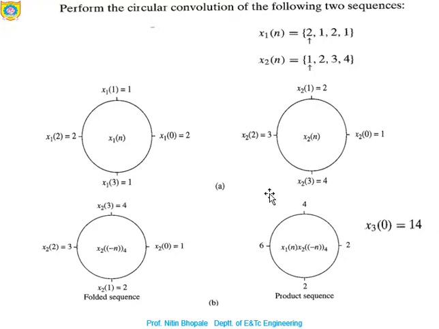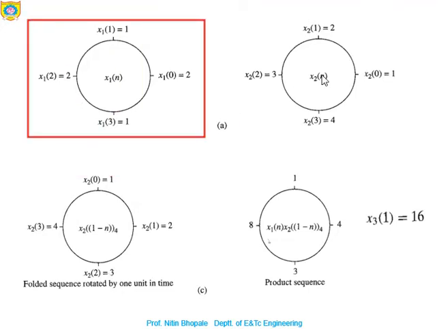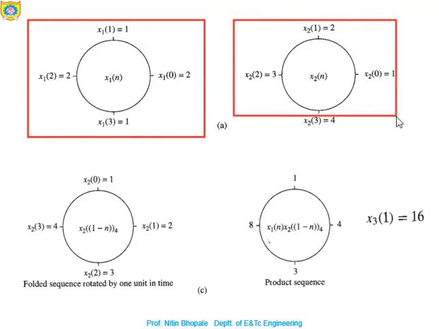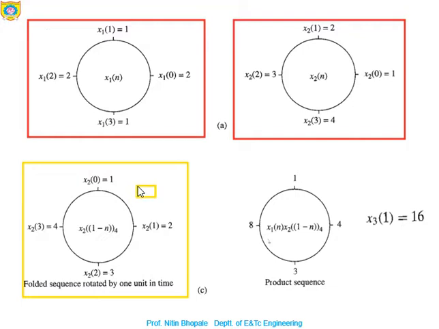In the next case, we are going to do the same kind of operations for m equal to 1. So in case of m equal to 1, again this particular circle is not going to change. This is nothing but x2 of n, which we have already seen, but right now the difference is over here. Right now the x2 is shifted or delayed by 1. That's why the x2 of 1 minus n is provided. It means that in the earlier case this was x2 of 0, but right now it is delayed by 1, so it is getting shifted over here. So this is shifted here.